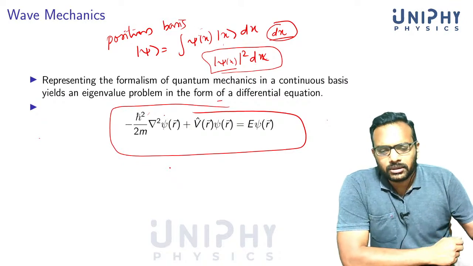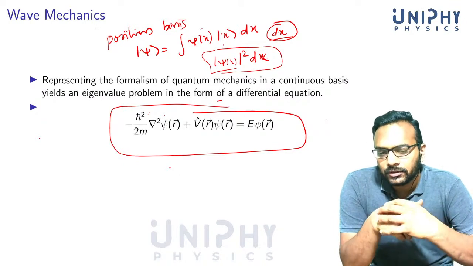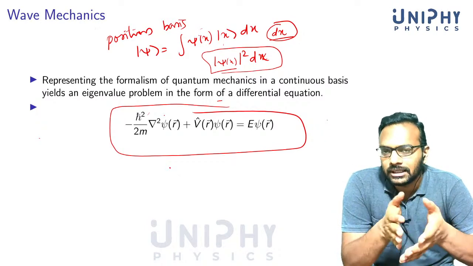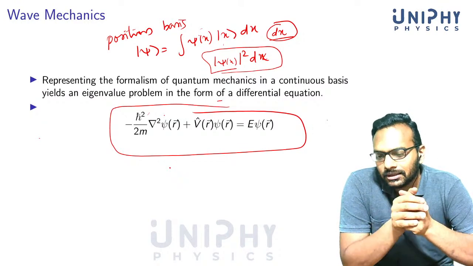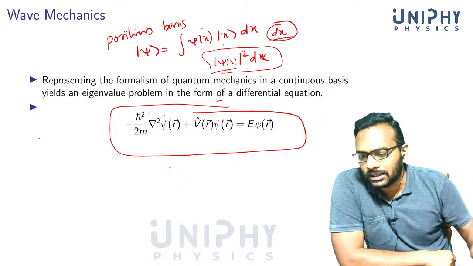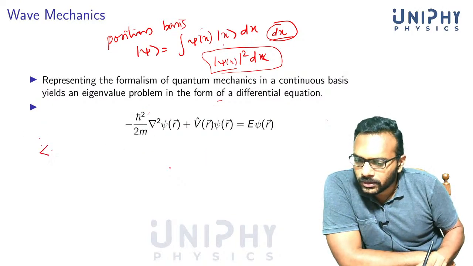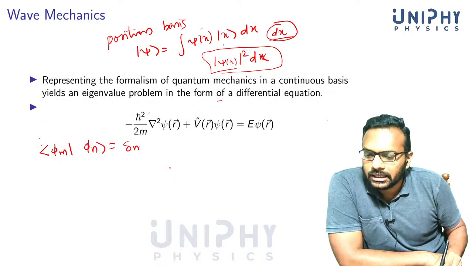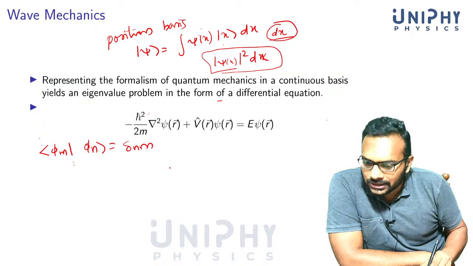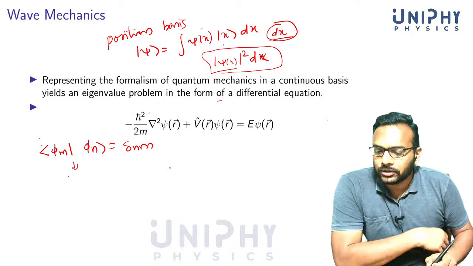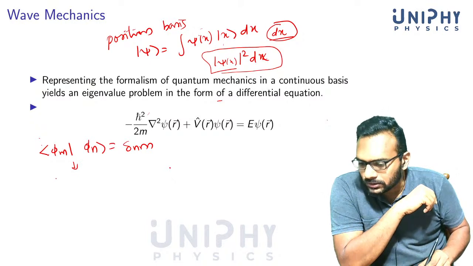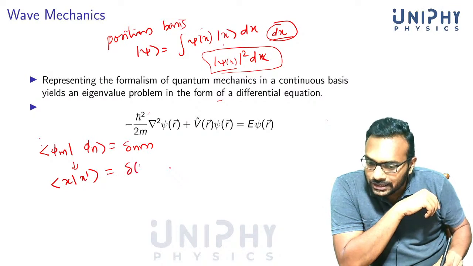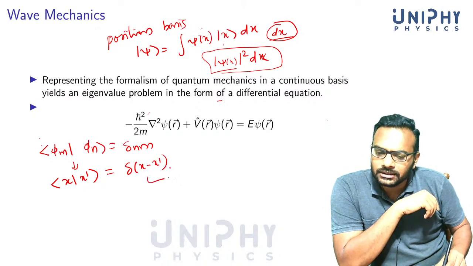Now, in order to deal with the mathematics of continuous basis, you might have to get familiarized with some of the tricks, because they are continuous. For example, the condition of orthonormality. In the case of discrete, it was simply phi m with phi n is equal to delta nm. We can construct a similar orthonormality relation in the case of continuous eigenvectors also. So for example, if you have x and x prime, this is equal to delta of x minus x prime. This is known as the Dirac delta.